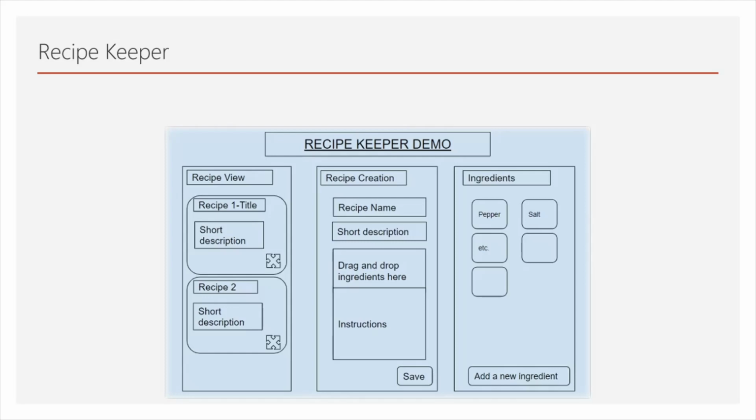Here you can see there are three forms. In the middle one is a form which includes the recipe creation: the recipe name, short description, drag and drop ingredients, and the instructions. Here you can create a recipe by adding a name, a short description, and from the right side you can add some ingredients which belong to your recipe, and after that you can give the instructions